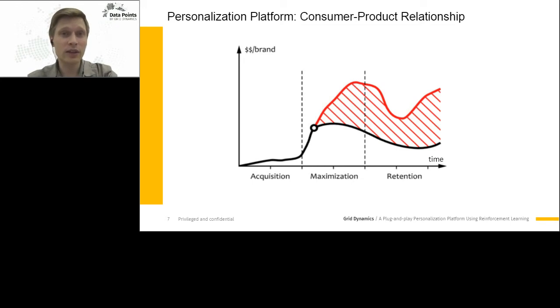Once a consumer starts to interact with the product, the goal is typically to increase consumption, to make the person buy more frequently or buy larger quantities of the product. And there will be different types of promotions and offers at this stage. Finally, the interaction can decrease and the customer can decide to stop buying the product. In this case, the goal will be to run some sort of retention campaign and target this customer with some retention offerings and discounts.